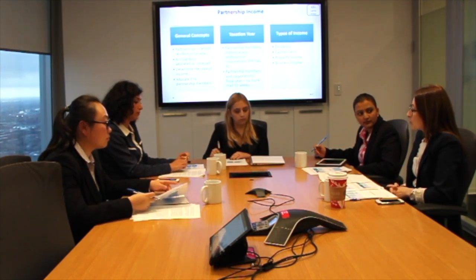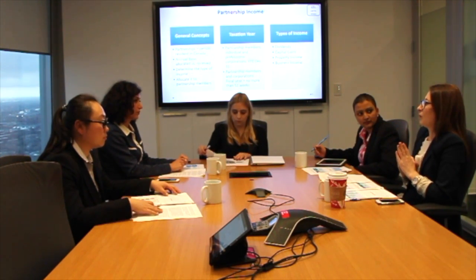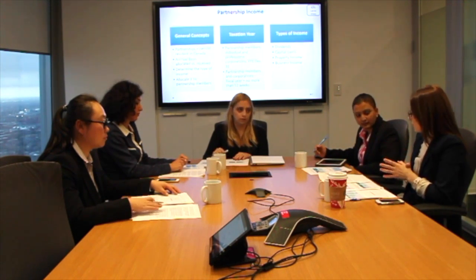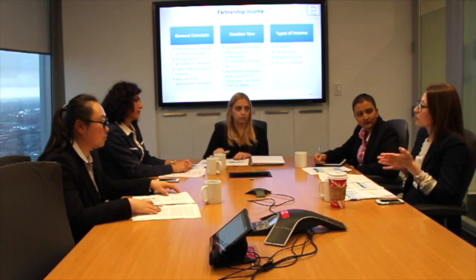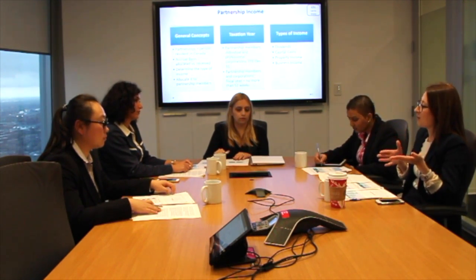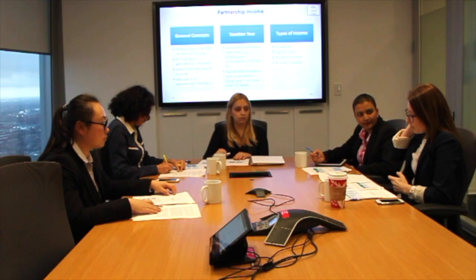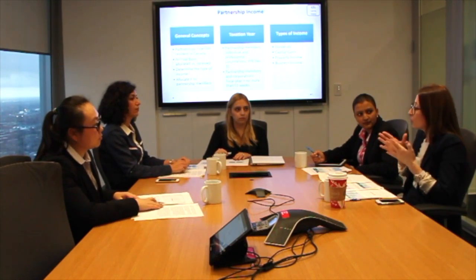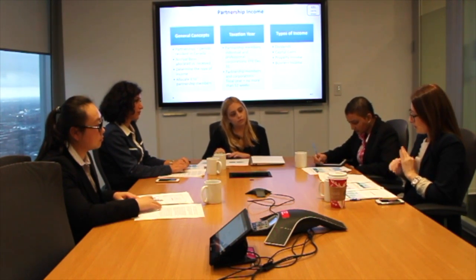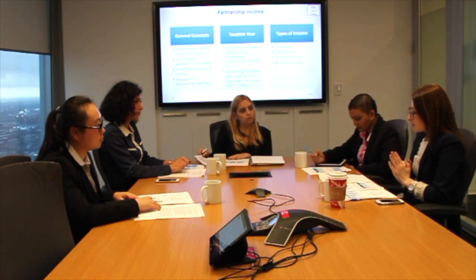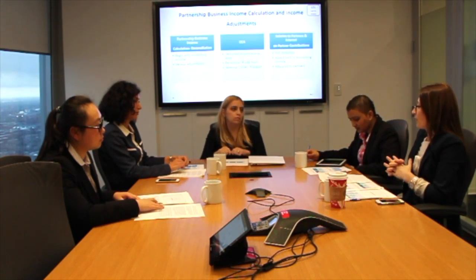So similar to a corporation, partnership business income is calculated on accrual basis, meaning that we'll have to make the same adjustments as for the corporation, and the income is also allocated on accrual basis, meaning that the partners will recognize the income when it is allocated, not when it is physically received. Main types of income that are flowed through a partnership are dividends, capital gains, property income, business income, and not limited to that. So, as I said, business income is calculated in the same manner as for the corporation.